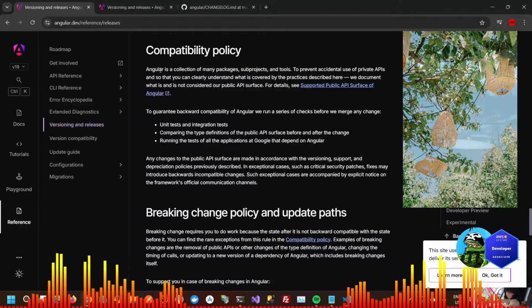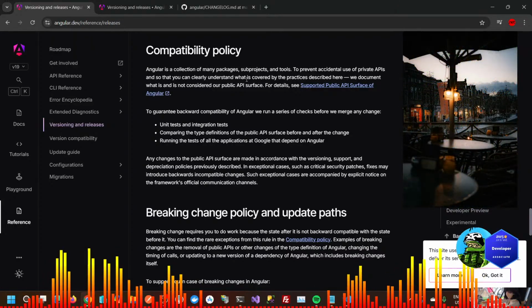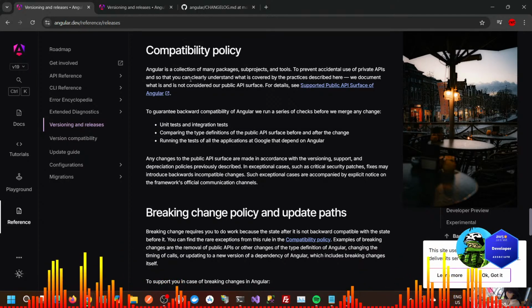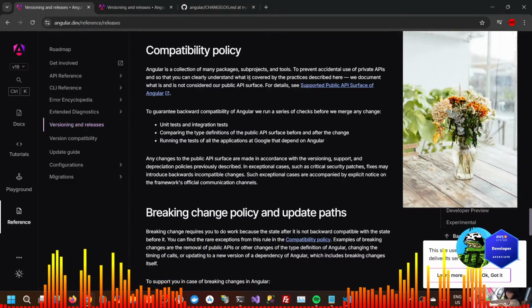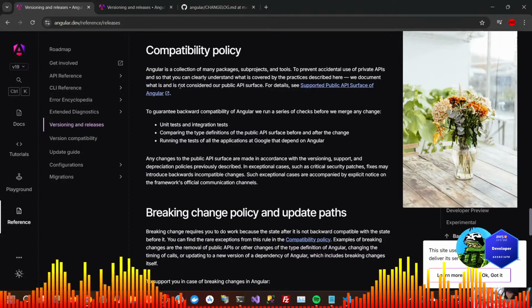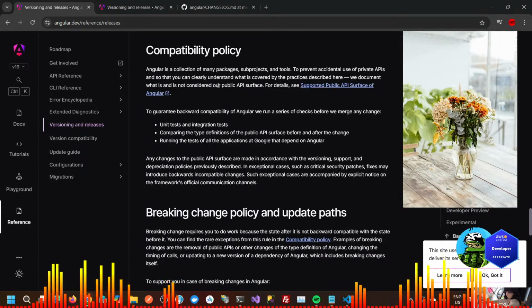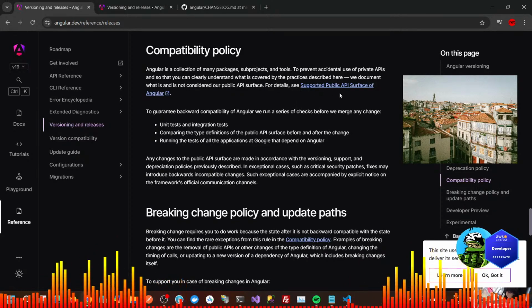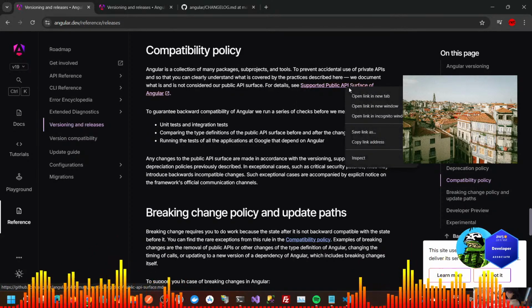Compatibility policy. Angular is a collection of many packages, subprojects, and tools. To prevent accidental use of private APIs and so that you can clearly understand what is covered by the practices described here, we document what is and is not considered our public API surface. For details, see supported public API surface of Angular.